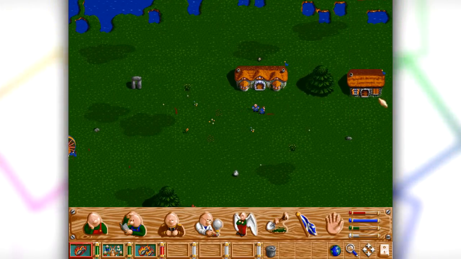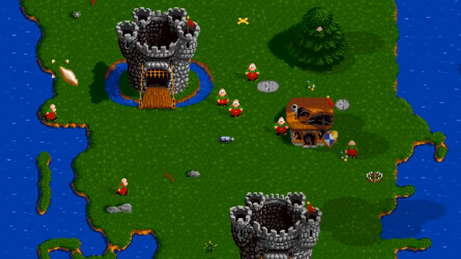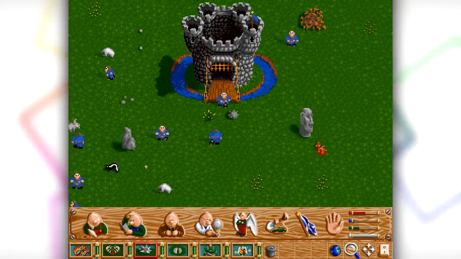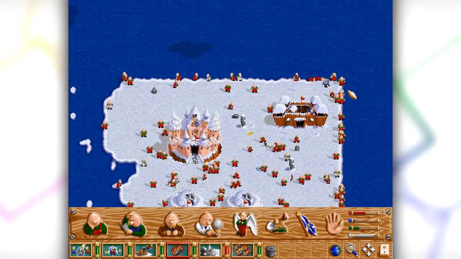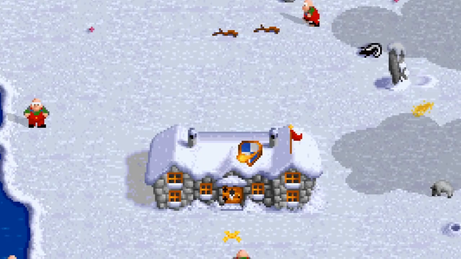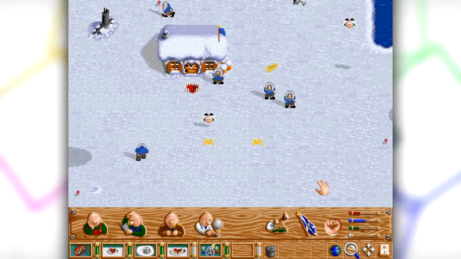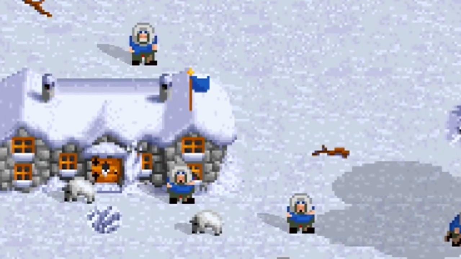The first world is pretty standard, of lush greenery and lovely castles, with all of the weapons being pretty much standard. There's some nice little scenery bits like, ooh, a Maui head. The second world is a snowy biome, which is my personal favorite, with the houses being igloos and winter castles. And I really like the bear traps being just huge mouths with pointy teeth, and the Harrys are wearing nice